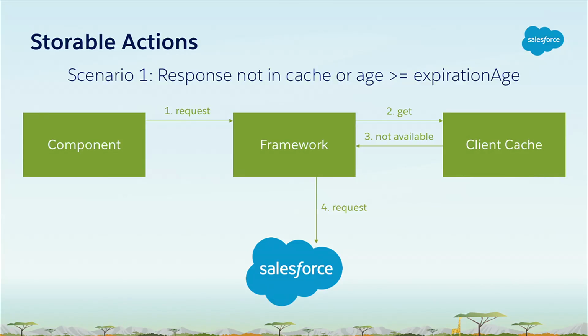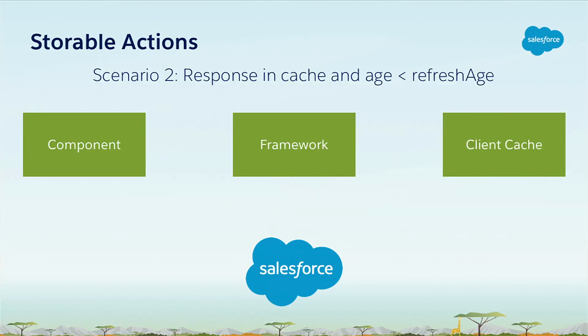So the framework is then going to make the request to the server, bring it back, save that data set in the cache, and of course also send it to your component, which asked for that data set. Okay, so this is full circle. We checked the cache, but it wasn't there, so we went to the server. Now, if shortly after that, that same component, or by the way, a completely different component, invokes the same method with the exact same parameters,